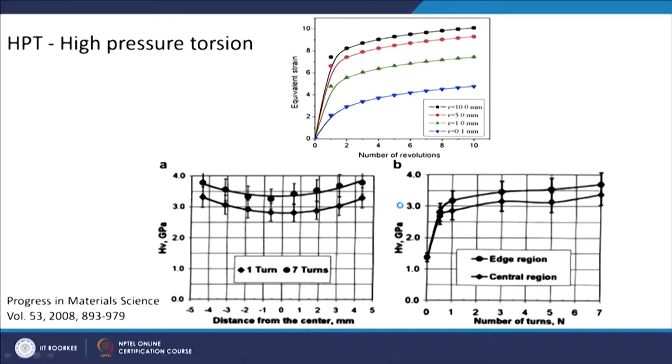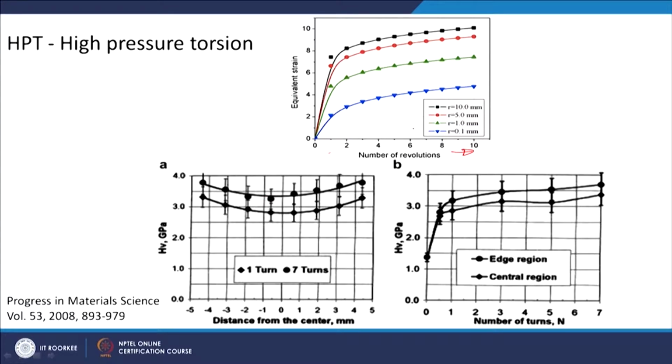You can understand it like this: you take a wet cloth and you want to take water out, so you apply a kind of torsion deformation. It is similar here, and again there is a lot of effect of this kind of straining. You can see the number of revolutions shown on the x axis here: 2 revolutions, 3 revolutions, 4, up to 10. They have also plotted the equivalent strain which you are putting in the material. That is also of course going up.